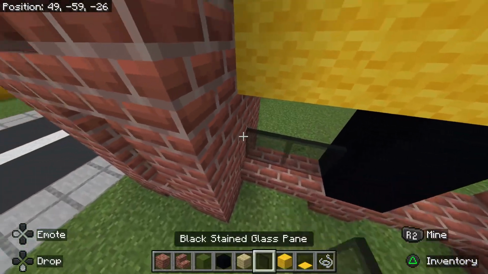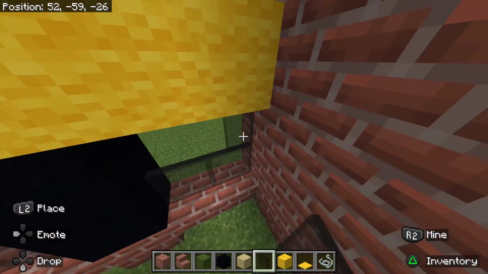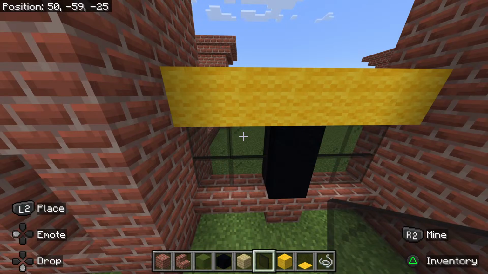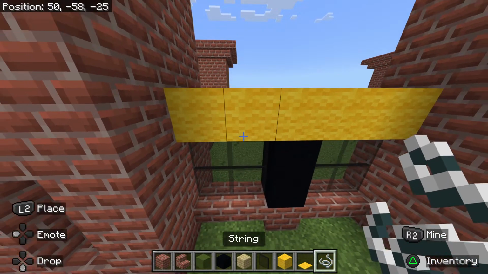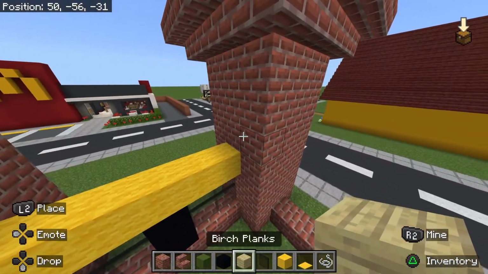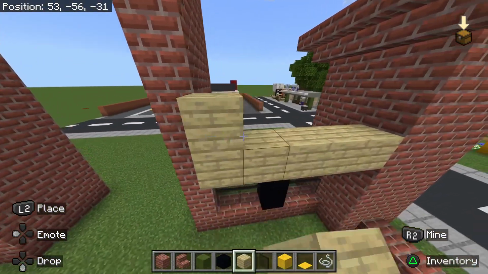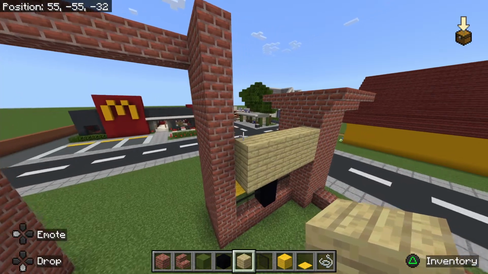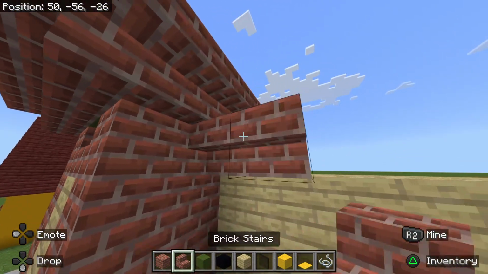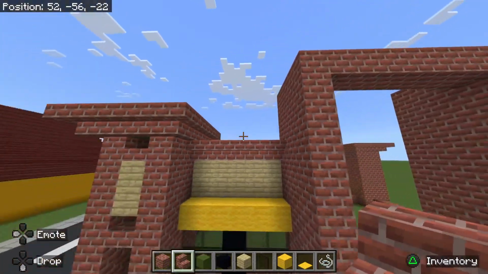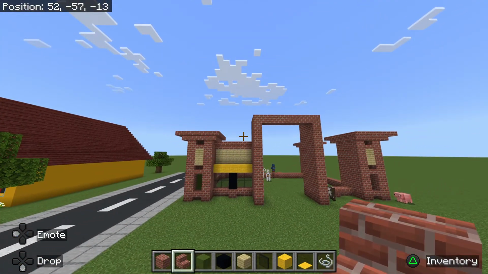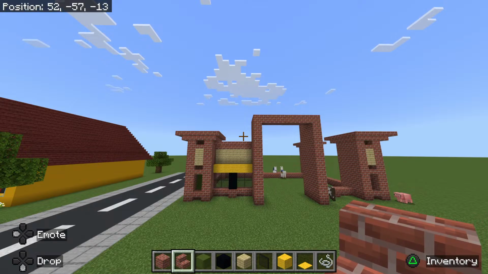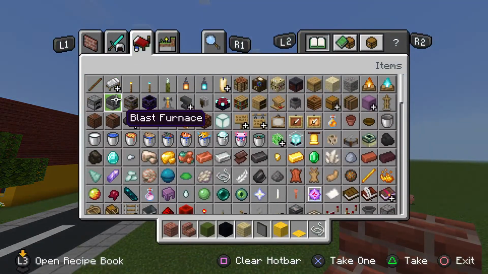We're going to place black glass inside of all of this empty space in this black and yellow T shape. And above and inside of the yellow concrete, we're going to place vertical planks extending upwards in 2 rows. We will eventually then place an additional and final row of upside down brick stairs placed above and outside the row of birch planks. Now, this all might sound a little bit complicated, but when you look at it, you'll find that it's really not that difficult. Hopefully. Now, I don't think that we're going to need green concrete for a while, so I'm actually going to